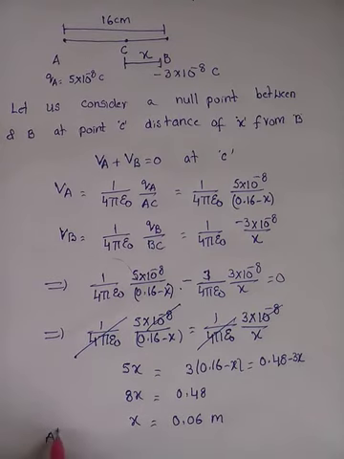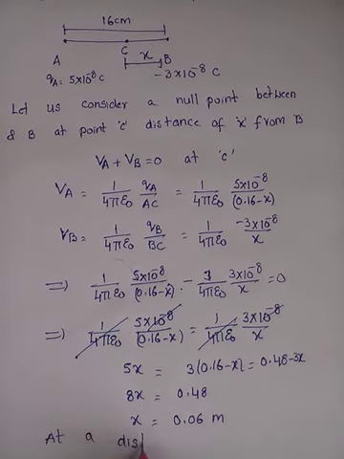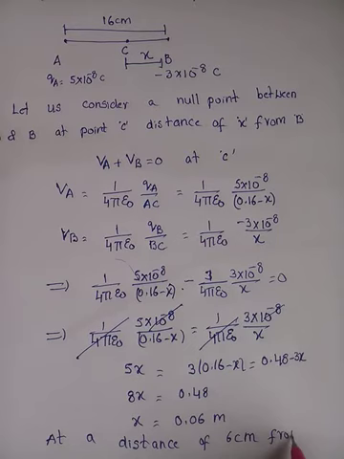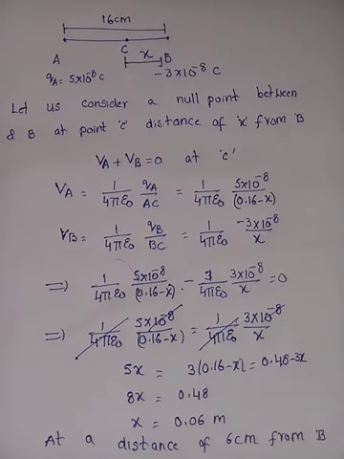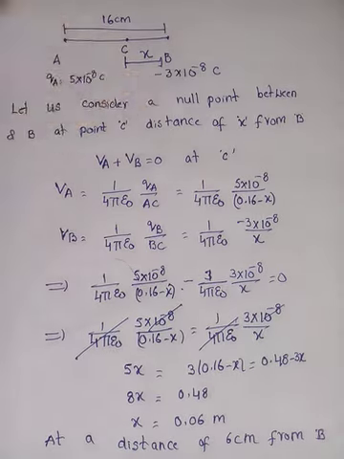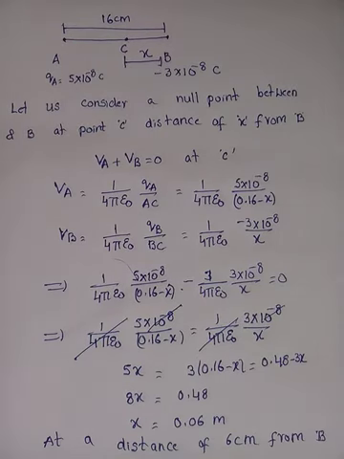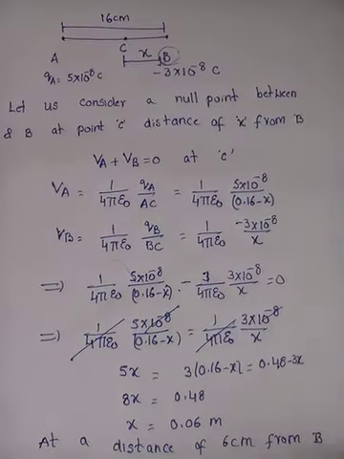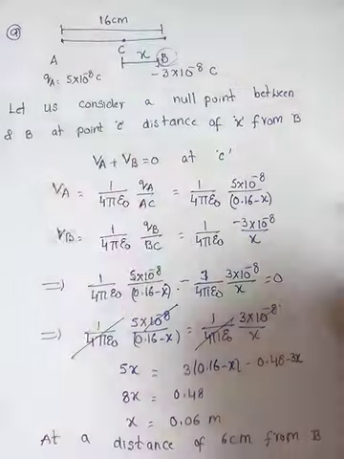So the null point is at a distance of 6 centimeters from B. In this case we are going to get two null points. What are the two null points? We got one between the two charges, near the charge of smaller magnitude. Now one more null point we also get, at some distance away from the charge of smaller magnitude. Understood? Here the smaller magnitude is B, right? So this is the two null points we have to calculate. One null point we have calculated, and the second null point will be